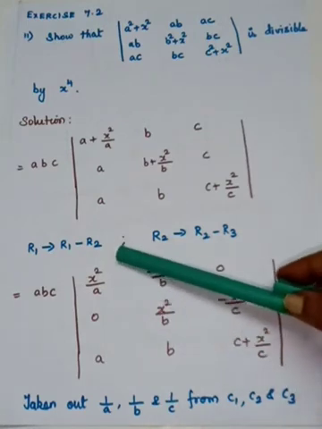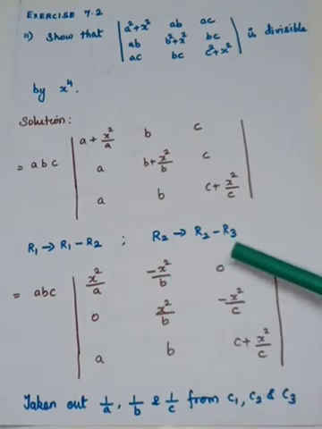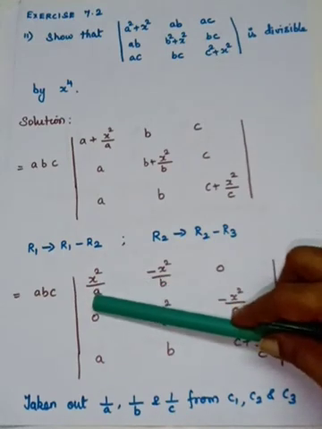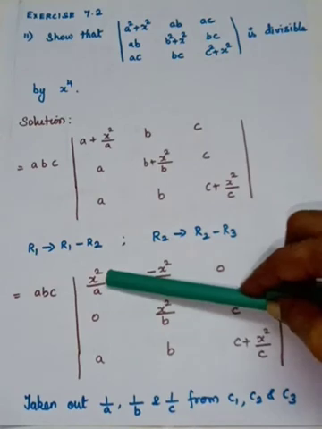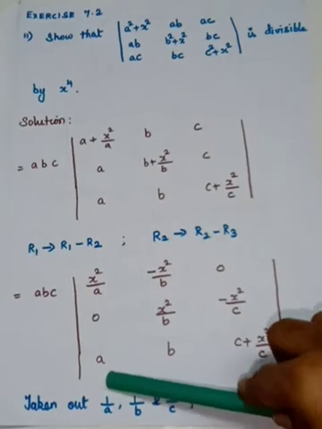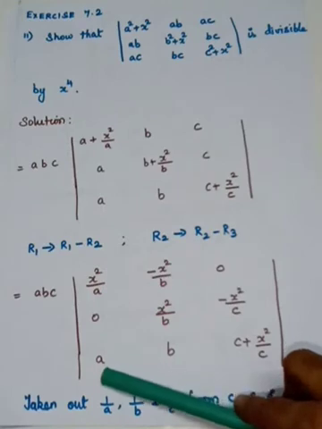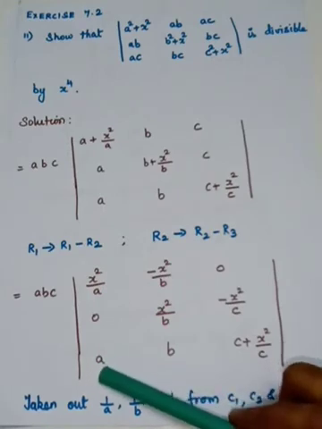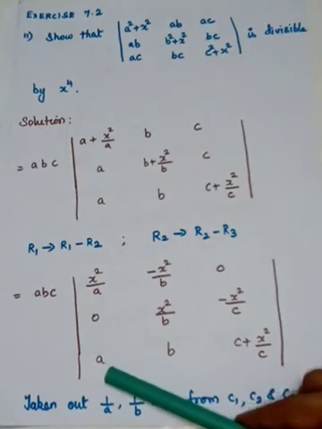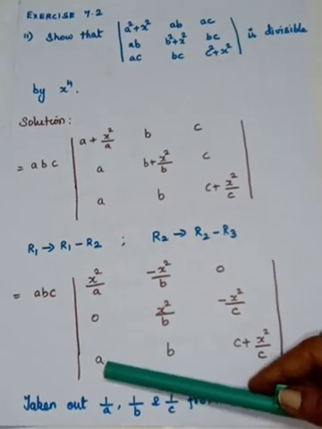You see that from C1, I'll take 1 by a out. From C2, 1 by b. From C3, I'm going to take 1 by c out. So if you take this denominator a, that is 1 by a. So what is remaining here? x². This term is 0. So x², 0. Here the denominator you don't have a, and the numerator you will have a. After taking the denominator a, here you will have a², because a² by a will be a. So from the denominator you have to take it a, so this will become a².